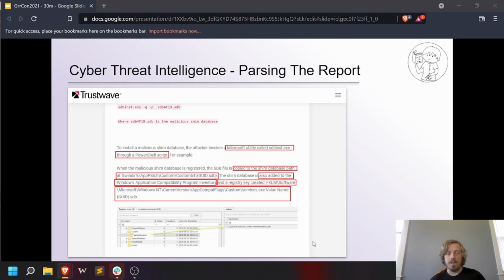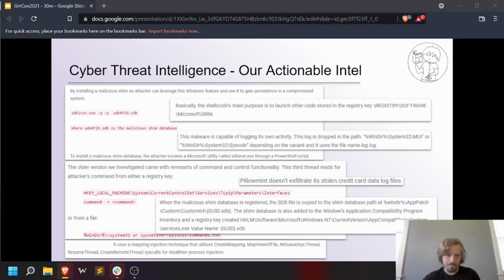These things are usually very densely packed with information, and I could probably just sit up here and translate this report for a whole 30 minutes, so I'm going to abbreviate the parsing and stop here. With time, you'll learn what makes sense to hunt on in your own environment and how to recognize and pull valuable actionable data out of these. And this is just all the actionable intel that I pulled out of this report that I could fit on this screen. Just as an example of how densely packed these are.